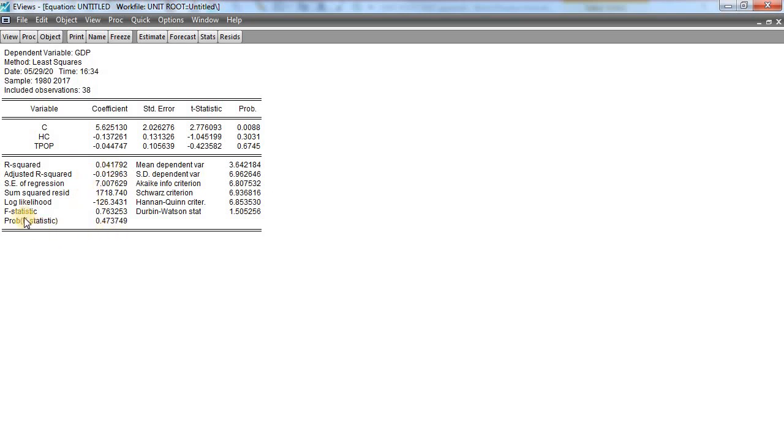Likewise, we can see the F statistic, which is less than 1, and the F probability value, the overall F statistic, is above 5%. This also is a sign. However, the only positive sign I can see here is just the Durbin-Watson statistic. Hence, we say that this model is not a good model